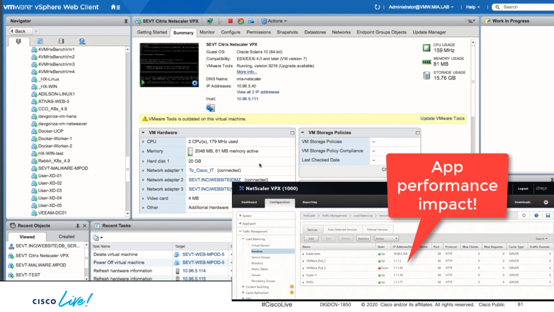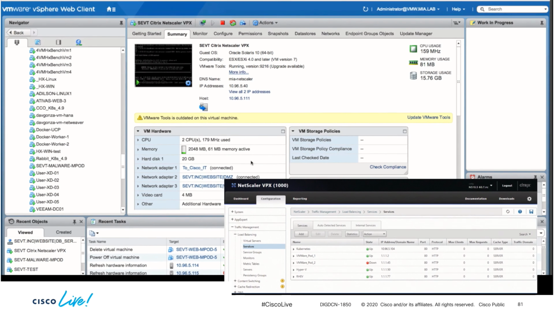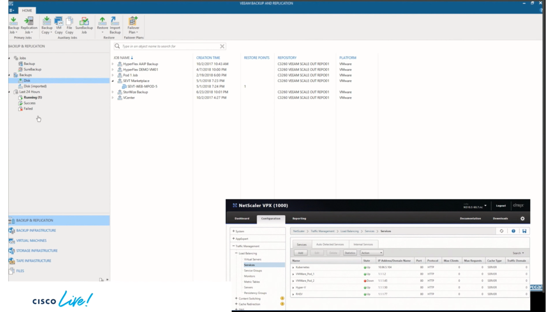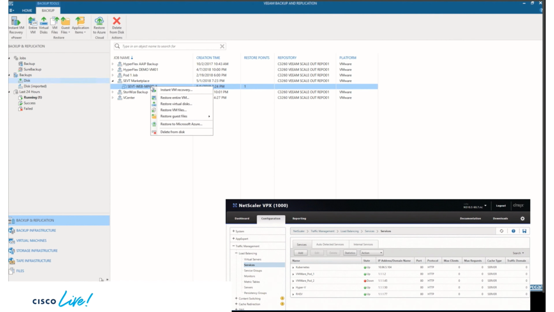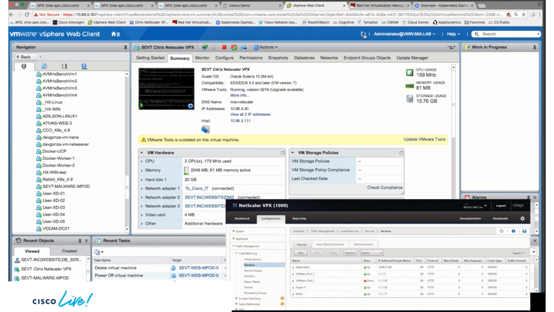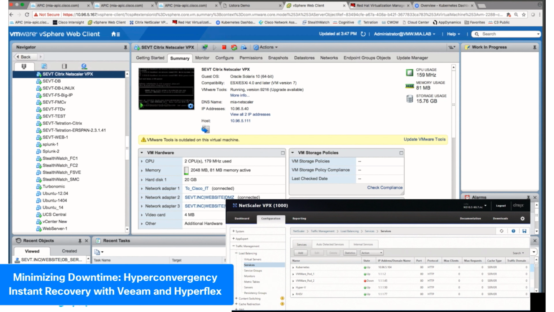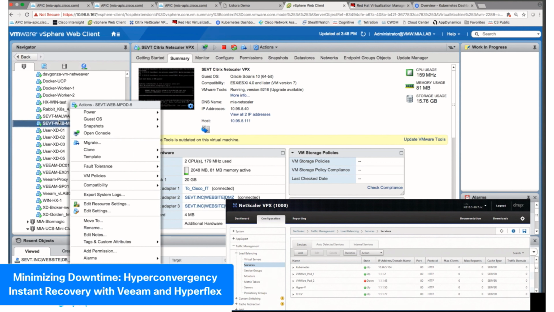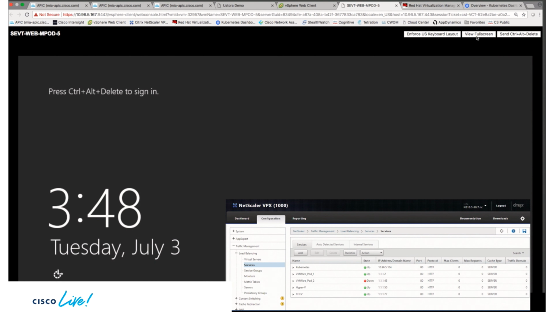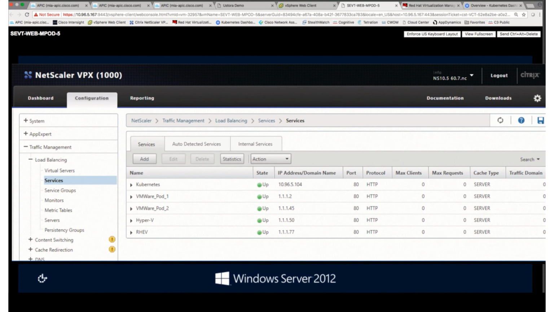We need to recover the server as soon as possible, and instead of waiting for the latest backup to get fully transferred from the backup server to our active storage, in this case HyperFlex, we can leverage the best of Veeam's integration by using instant recovery, which allows the UCS S Server to present itself as the main storage on vCenter, registering the VM automatically and making it available in just a matter of seconds. Then, as a background process, and while that VM is up, I can also migrate all the needed files from that VM or even data store to the HyperFlex production storage, which will be totally seamless to the user, switching storage access from the UCS S series to HyperFlex once the transfer is ready. As you can now see, the Citrix NetScaler dashboard shows our web service working at full capacity again,